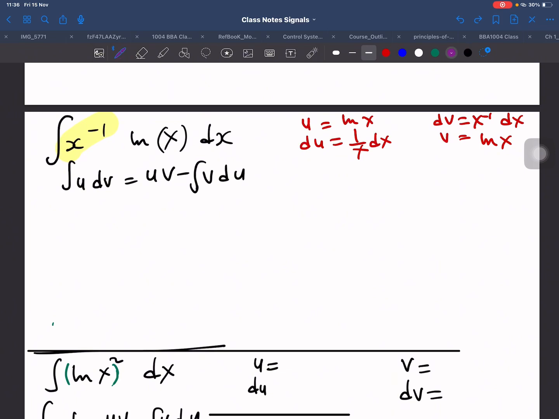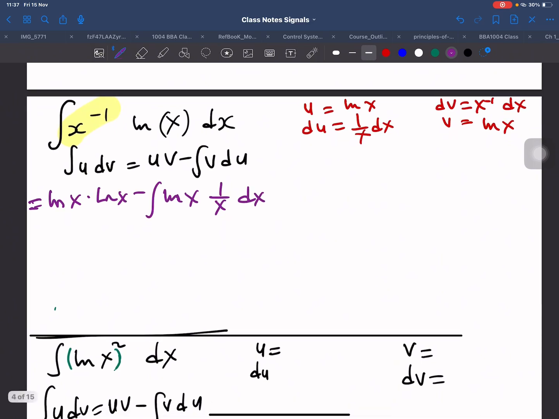So we now have uv, ln x equals ln x, then v is ln x, so ln x times ln x minus the integral of v, which is ln x, and then du is 1 over x dx. So this is the first part. We need to rearrange the equation. What you need to do now is rearrange the equation. We now have I equals ln x squared